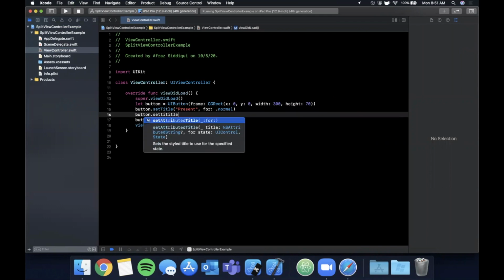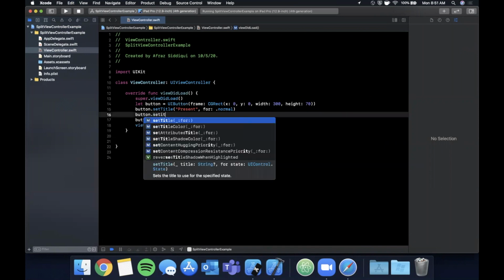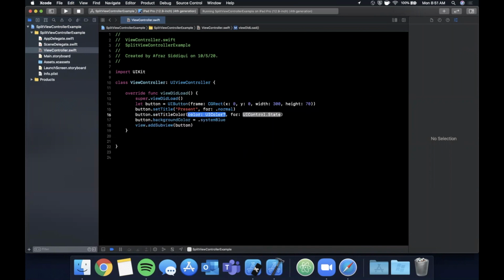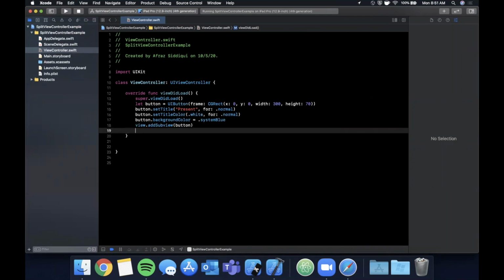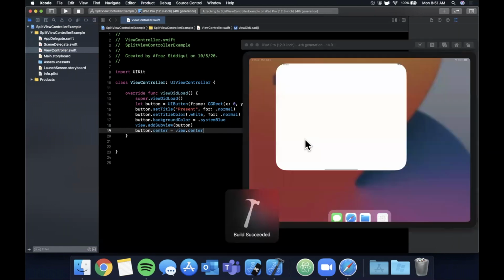Set title color. If I can spell it correctly, there we go. Set title color, we're gonna go with white, normal. And finally, let me center this button by saying button.center is view.center. So fairly simple. We're just putting a button